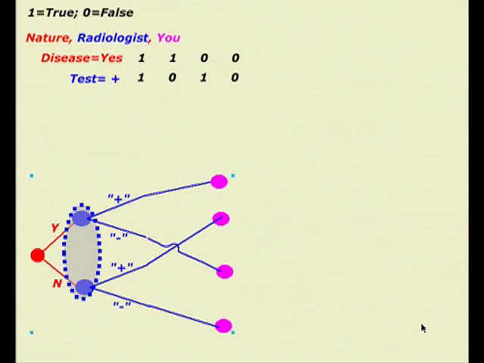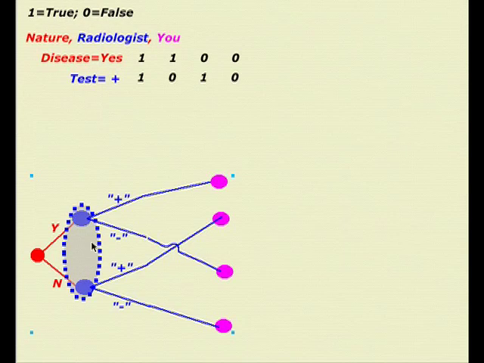We're trying to represent this information in a strategic situation, forgetting about the payoffs for a second, but just think about the order of moves here. Nature moves first, gives the person some genetic material or environmental things, whatever it is. Yes, they do have cancer. No, they don't have cancer. Okay. The radiologist sits here at the blue node, and they have their test apparatus, okay? So they're taking a mammogram, complicated kind of test with a complicated technology and software to decode things and to read and interpret stuff, and he comes up with a result.